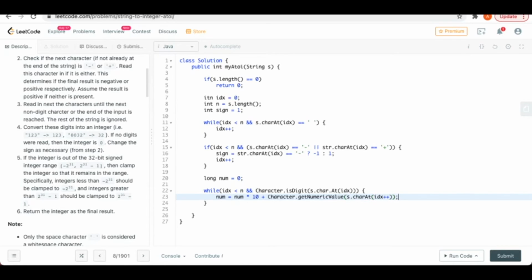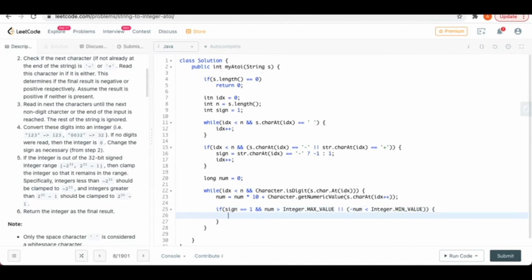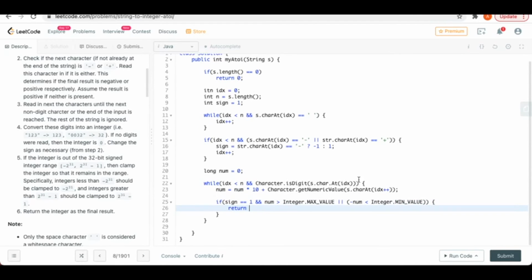So this should work. And if sign was 1 and the number that we have is greater than Integer dot MAX_VALUE, or minus num is less than Integer dot MIN_VALUE, then if sign equals -1, I will return Integer dot MIN_VALUE because that's an overflow condition.